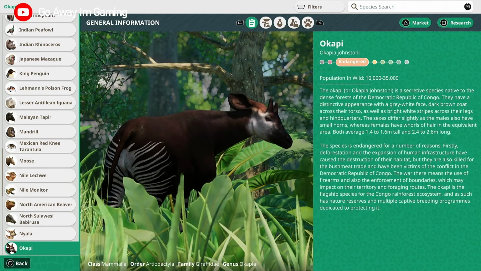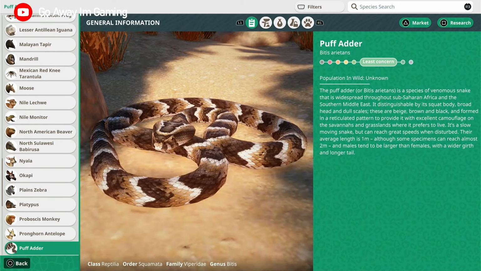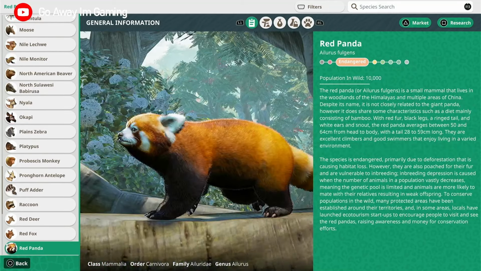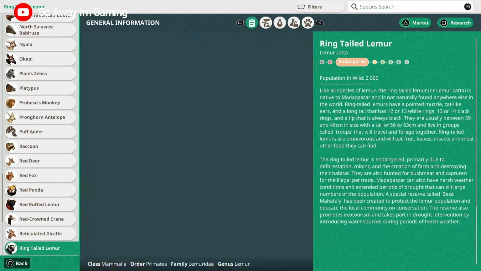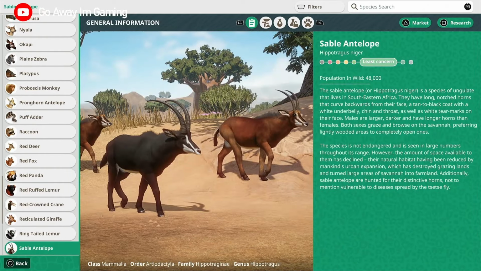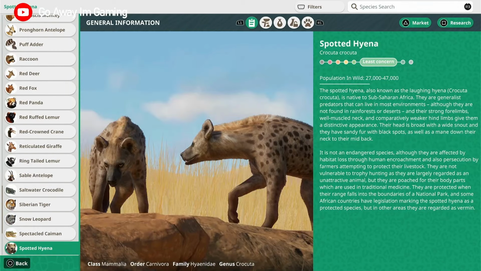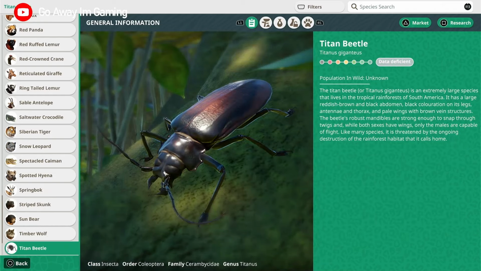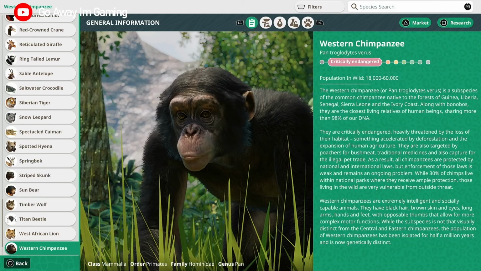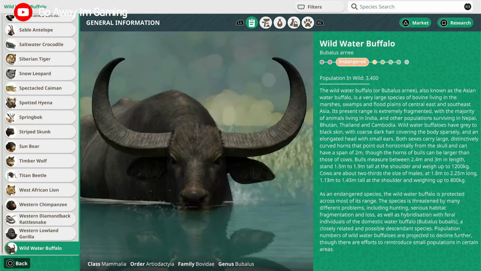Sorry guys if I don't pronounce some of these animals right. It is what it is. The okapi, the plains zebra, the pronghorn antelope, puff adder, red deer, red panda, red ruffed lemur, the reticulated giraffe, the ringtail lemur, the sable antelope, saltwater crocodile, Siberian tiger, snow leopard, spotted hyena, the springbok, timber wolf, Titan beetle, West African lion, western chimpanzee, western diamondback rattlesnake, western lowland gorilla, and the final one is